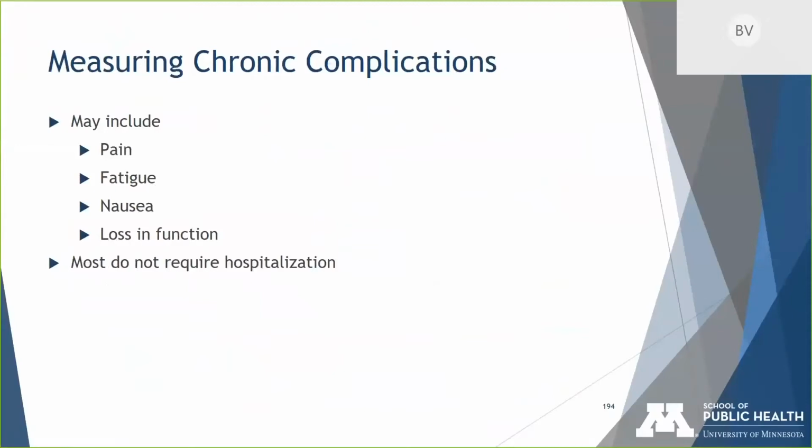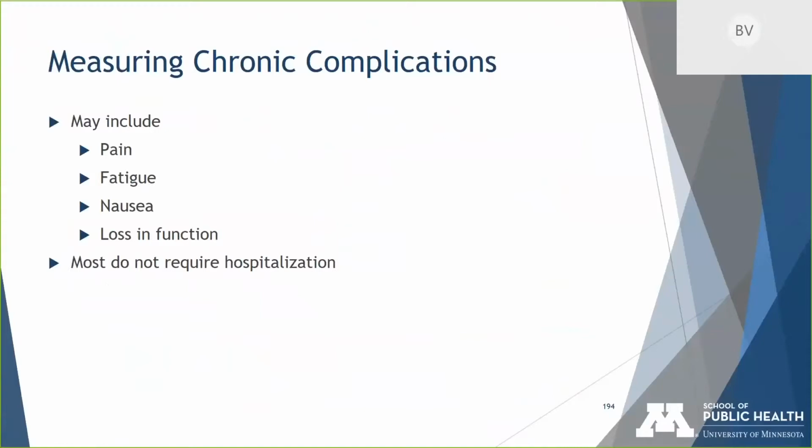Chronic complications are a little bit trickier. They can include things like pain, fatigue, nausea, loss of function, things that are a little bit more nebulous to define. Most will not require hospitalization, and so it becomes trickier to actually measure them, because if someone has fatigue, maybe